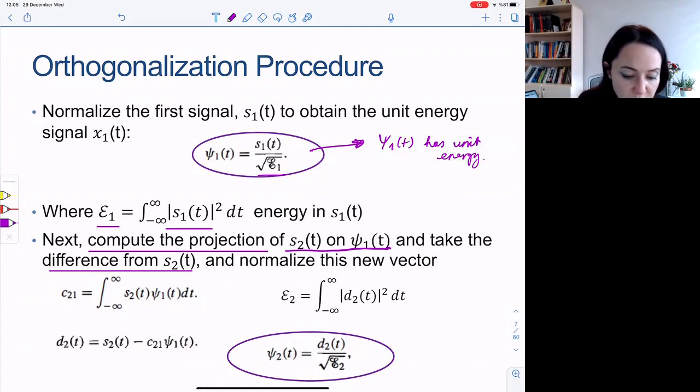Compute the projection. What does that mean? We're talking about real signals for now, so no need to think about complex conjugates. Taking a projection means taking the inner product. S2 of t multiplied by gamma 1 of t integrated from negative to positive infinity. And that is going to give us a scalar, which is